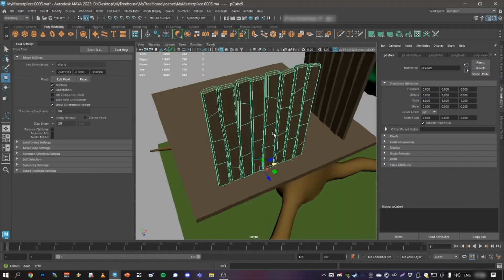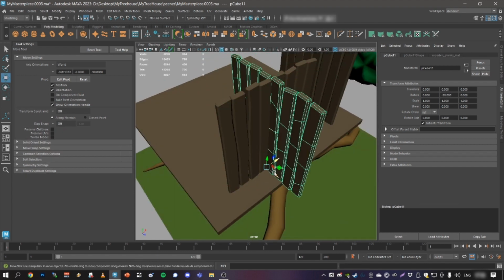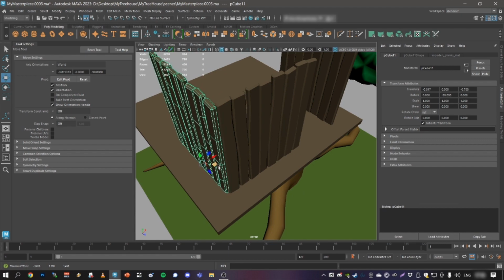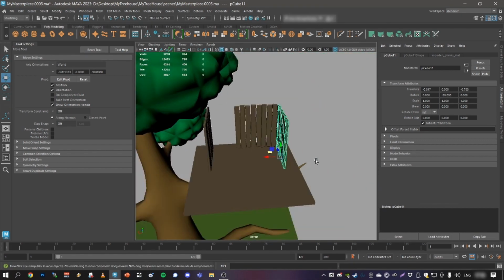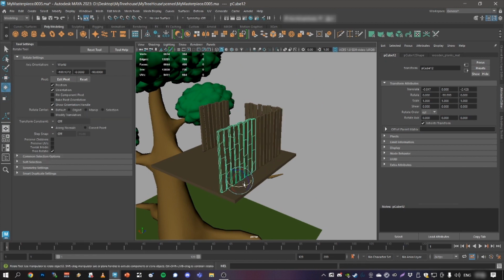So if I'm happy with this, maybe one more, because we don't want to model for ages. We want to get results that are rather quick. And once more, rotate this. Maybe not even on this axis alone, but also